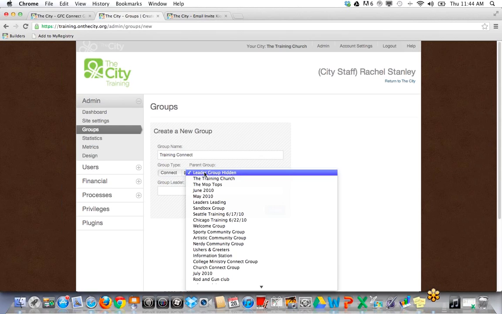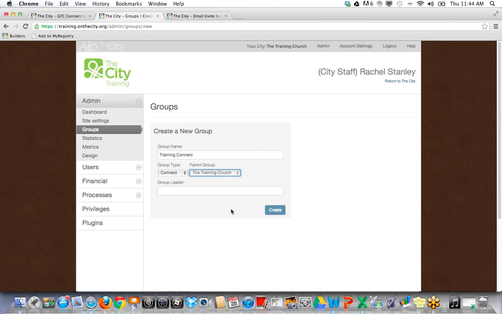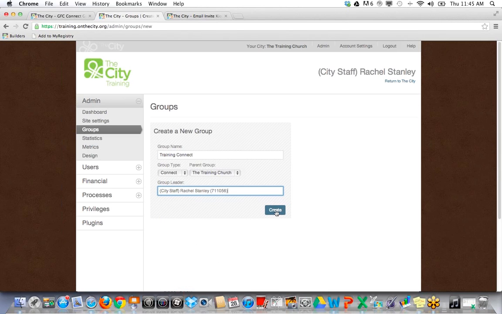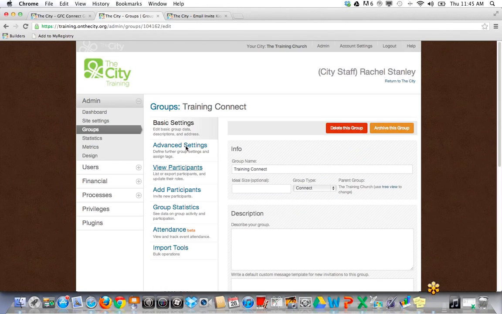So your parent group always needs to be either your church level group or a campus if you have campuses. Otherwise, the kiosk won't know what to invite them to. And then you can choose a group leader, which I will choose myself, and create. So when you hit create, that group leader is sent an invitation into the group, and then you're